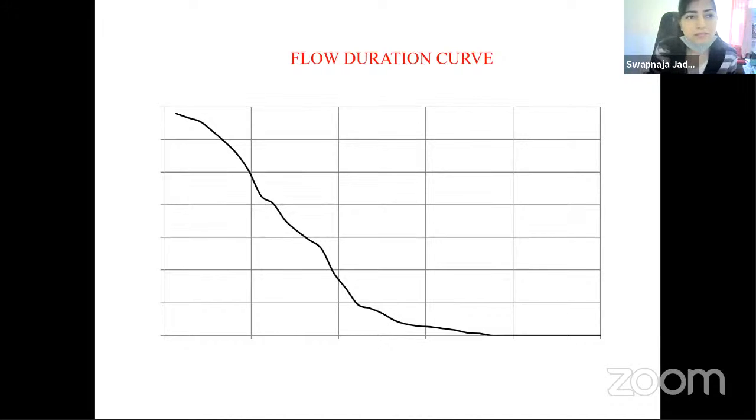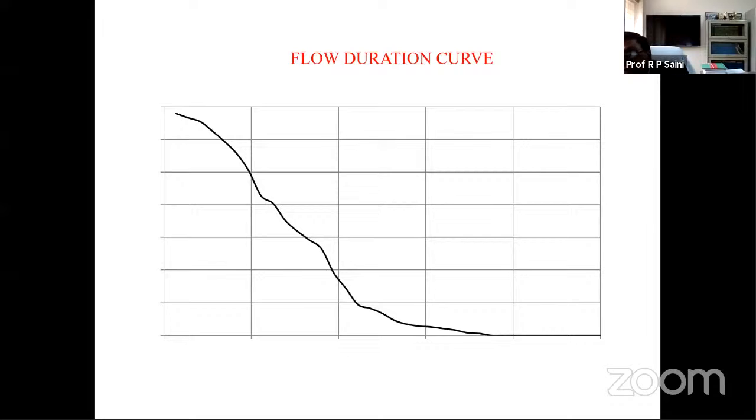Yes, sir, clear. While designing, before that, we have to plot. Yes, you have to draw this flow duration curve, and then you can find out. As a thumb rule, based on our experience, people still go for the 40%. Earlier, in the 80s, they recommended at least 80% dependability, because the large hydro engineers were there and they didn't allow otherwise. But now readily available equipment is there in small hydropower, so cost will go down. So even if you go for 40%, you can think about it this way.